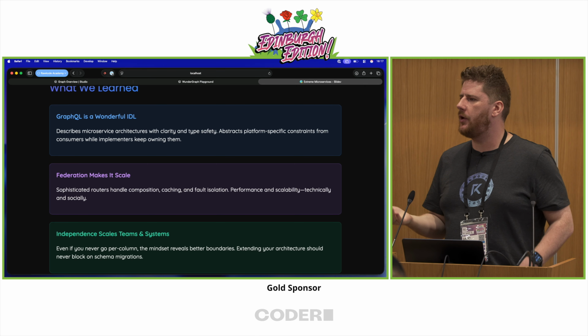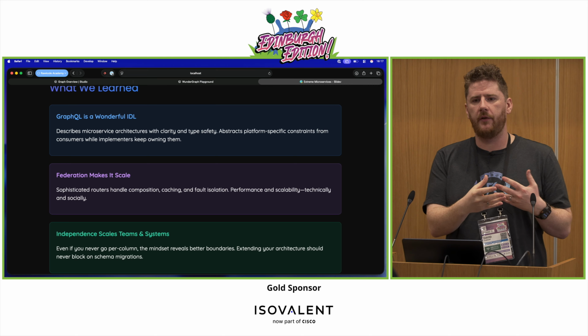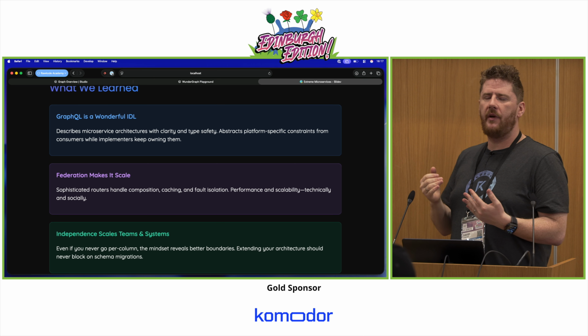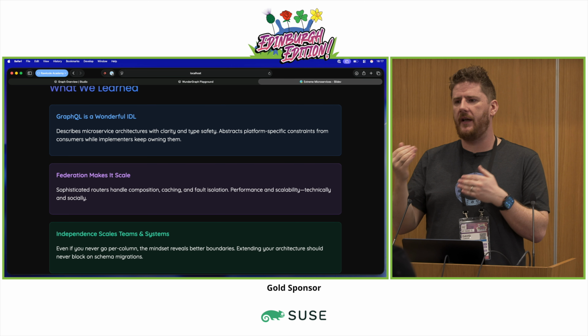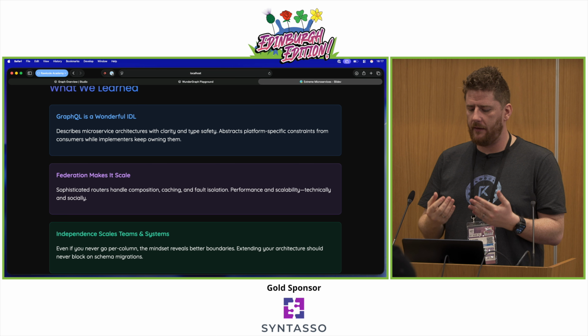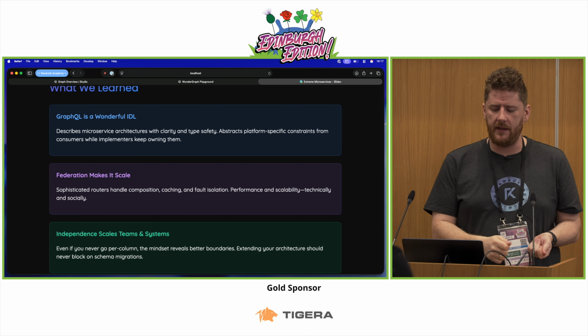This is one of the things that we struggle with, and we're starting to lean into tools like Backstage and other platform engineering tools that give us this pane of glass to understand our architecture. But if we can define it all in GraphQL, and we can add our own directives, we can add our SLOs, our maintainers, everything,